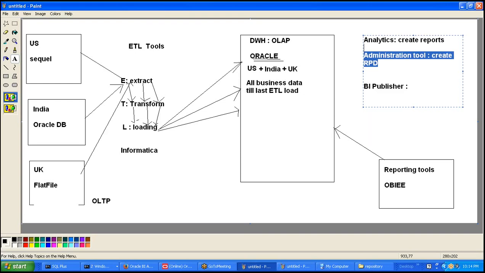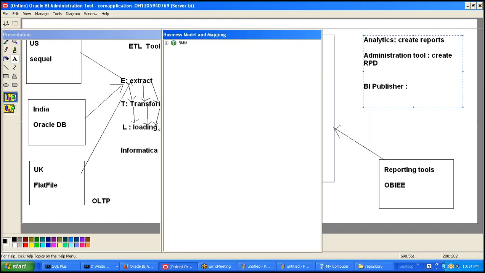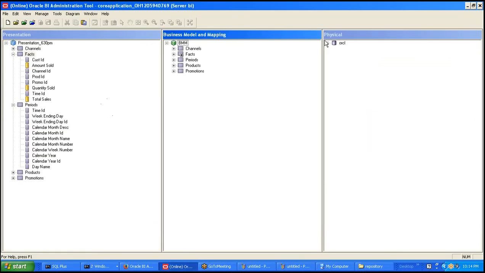For OBI consultants, what kind of work will we usually be doing? Like developing the analytics and creating the reports? Generally it will be RPD development. And is the backend only PL/SQL or any other technology? It can be any source.